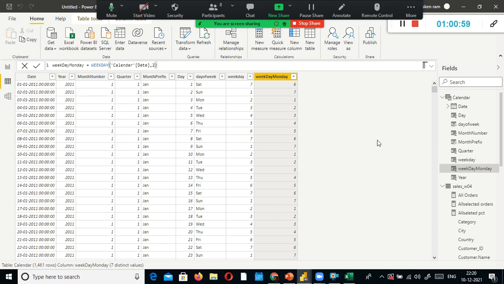So you have learnt the year function, month function, and format function. With format, if you specify 3 m's you will get a month like this. If you specify 5 m's or 6 m's, January, something like that will come. But for us, 3 letters are sufficient. And we learned the quarter function, day function and weekday function, and also how to use weekday to set Monday as 1. Now I'm going to apply this one. It's already applied. So now my calendar table is ready.